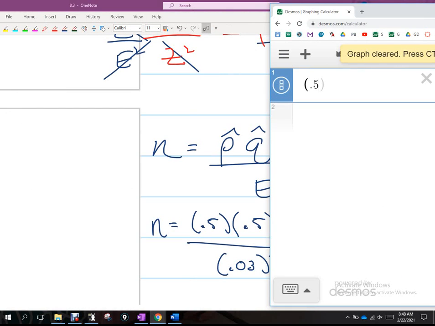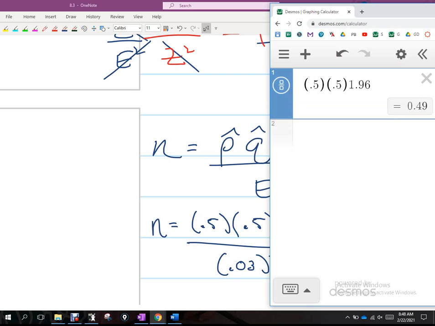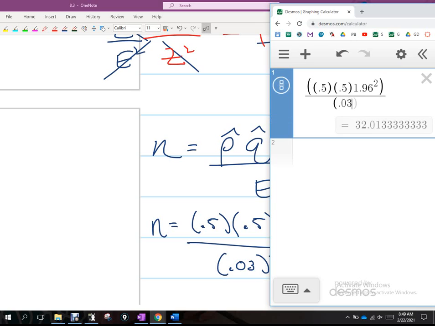And I'll move that back so you can see it in a minute. So 0.5 times 0.5 times 1.96. Okay, 1.96 squared. Remember, Z is going to be squared. And we're going to divide all of that by 0.03 squared. Okay, so I get 1,067.1. Okay, so if I'm doing this study to guarantee that I get a 3% error, I would have to capture